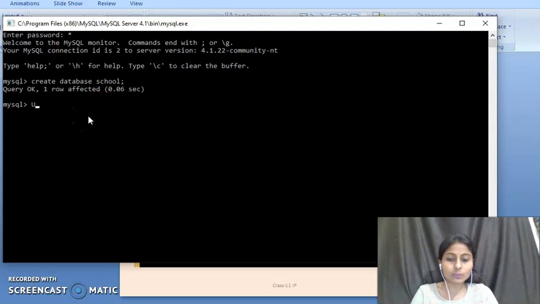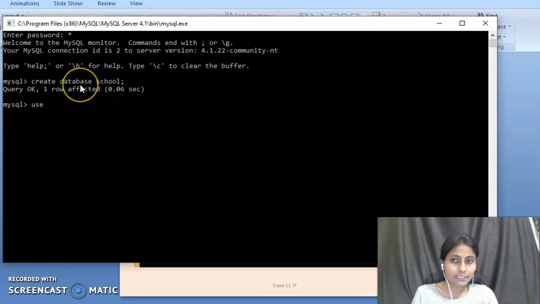We have to use that database. Okay, so the syntax was use database name. So only you have to write the database name, you don't write the database keyword. Only we have to write here use database name. And what's the name of our database? School. When I created the database, I set the name of the database as school.